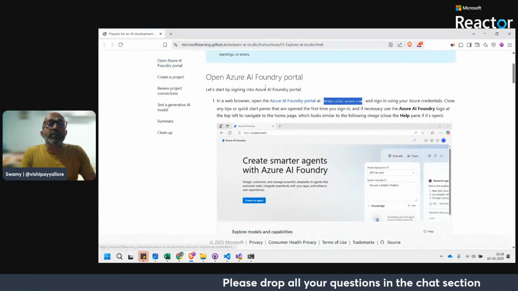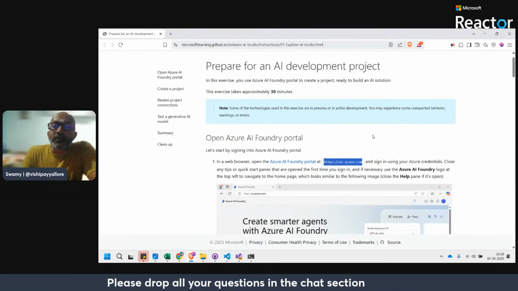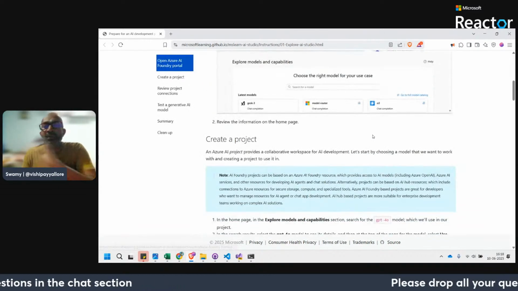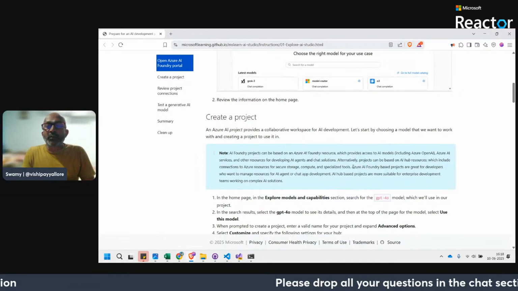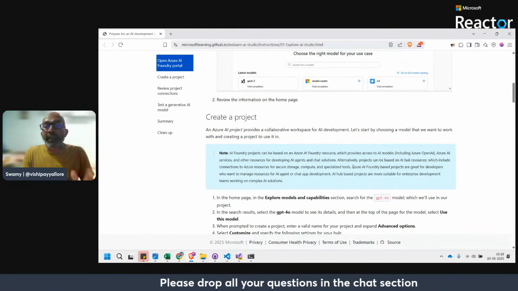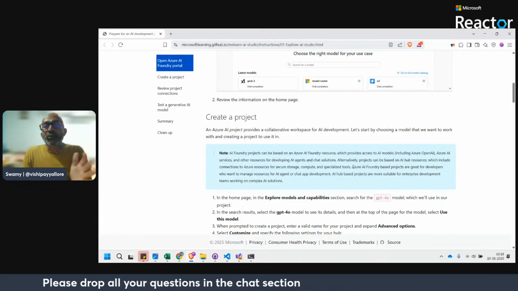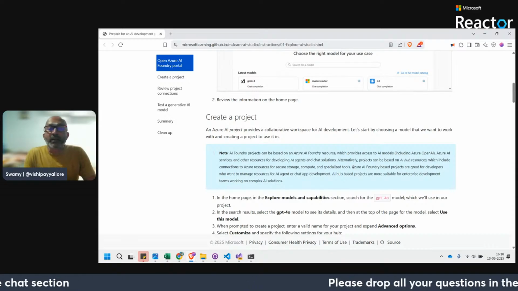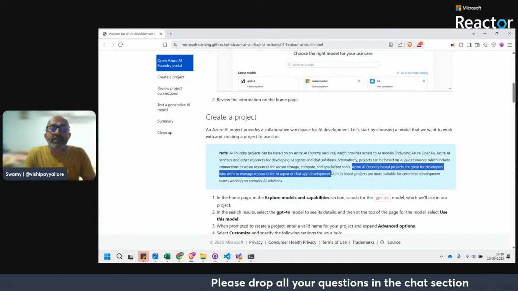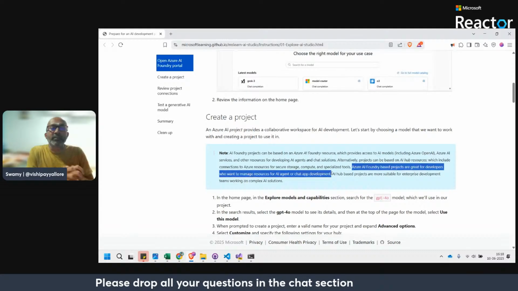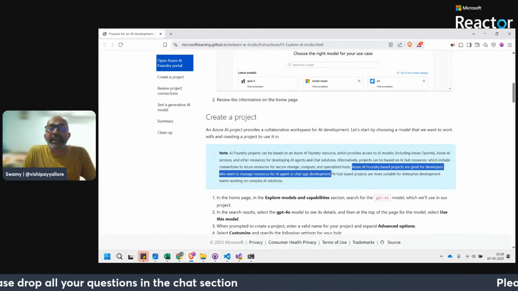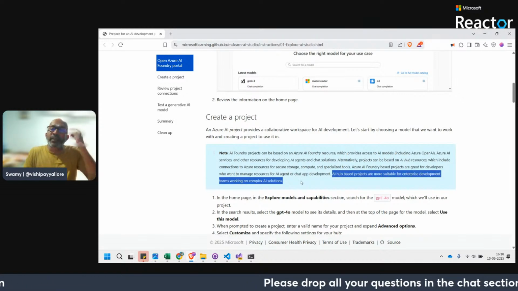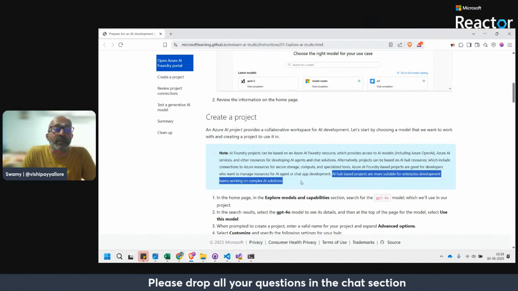So one important thing to understand, this is for a broader collaboration when we want to create it. One simple sentence: Azure OpenAI, Azure AI Foundry and Azure AI Hub are two different projects. AI Foundry is good for agent and chat development. Simple. AI Foundry is good for AI agent and chat. Now, if you see the AI Hub based projects, they are more suitable for enterprise development